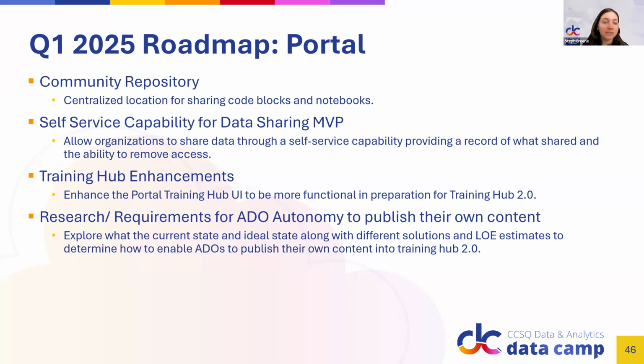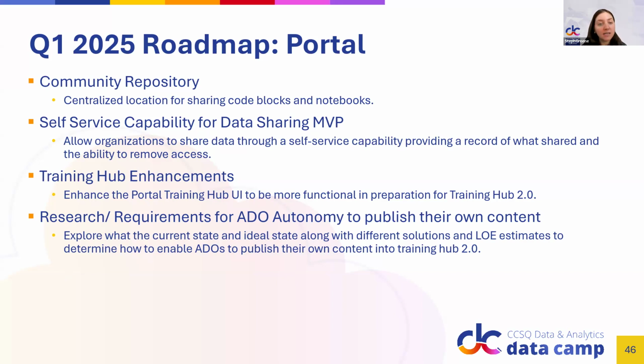it's no longer necessary. Then we're going to be working on Training Hub enhancements. So this will be making it a bit more functional and in preparation for Training Hub 2.0, which I will talk about in just a moment. And that's also how, when we were collecting information from you guys, it's also going to feed into the Training Hub 2.0. Last but not least, for the Q1 2025 roadmap is research and gathering requirements for ADO Autonomy to publish